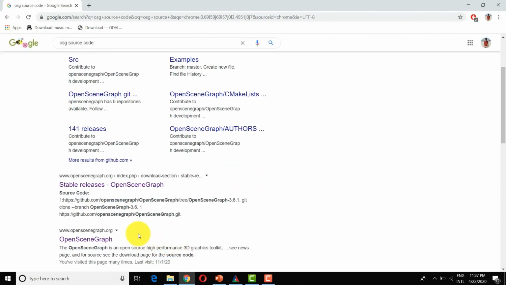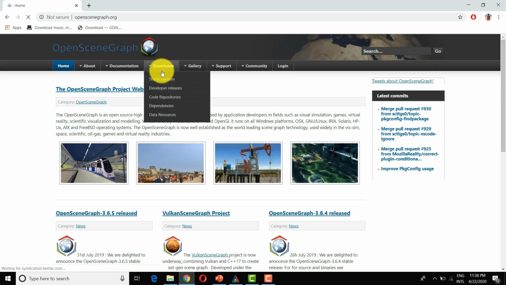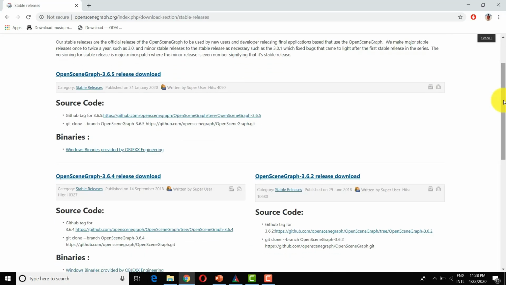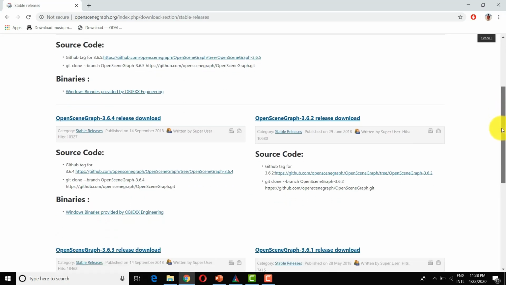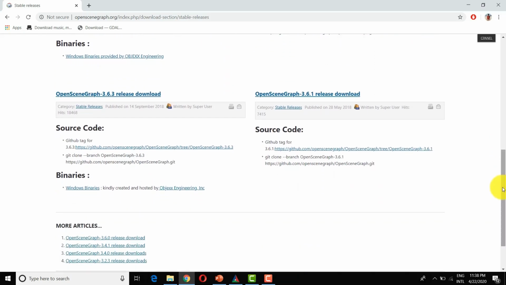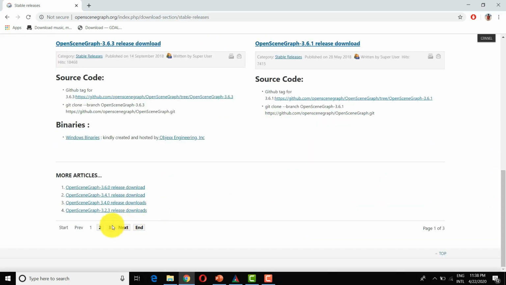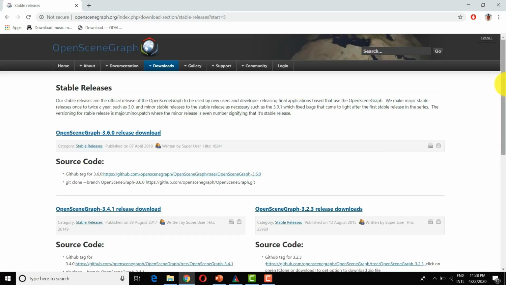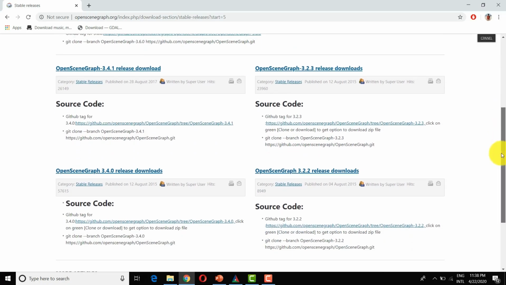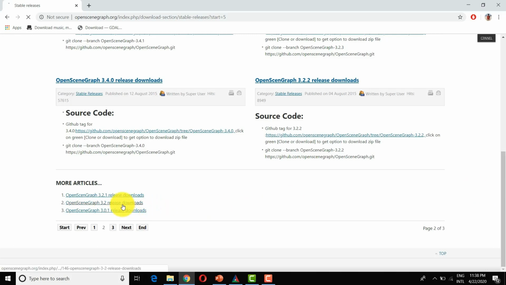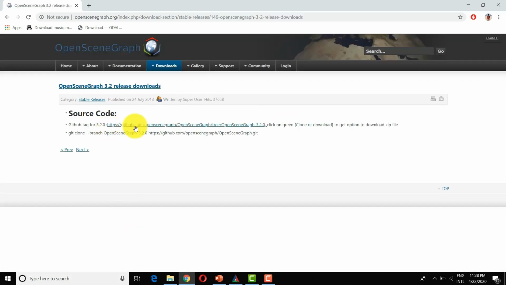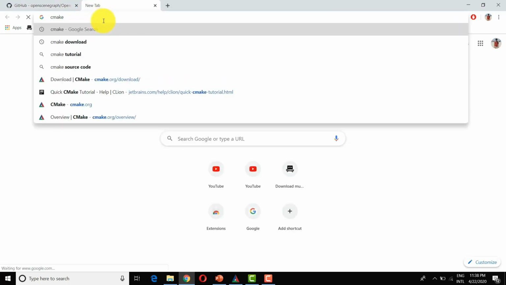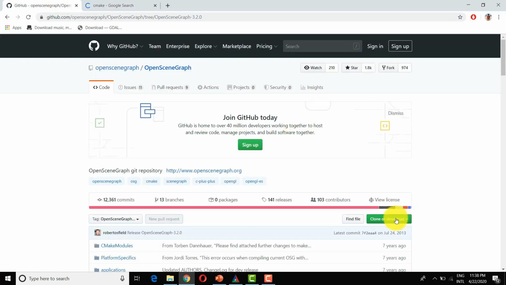The first step is downloading the source code and CMake. So here I am downloading OSG 3.2.0, and the reason why I am downloading this version is because this version is compatible with Visual Studio 2010. And why I selected OSG source code is because I'm going to make one video on how to make Google Earth, and we will need these libraries for making Google Earth. So stay tuned for that video. So let's download CMake.